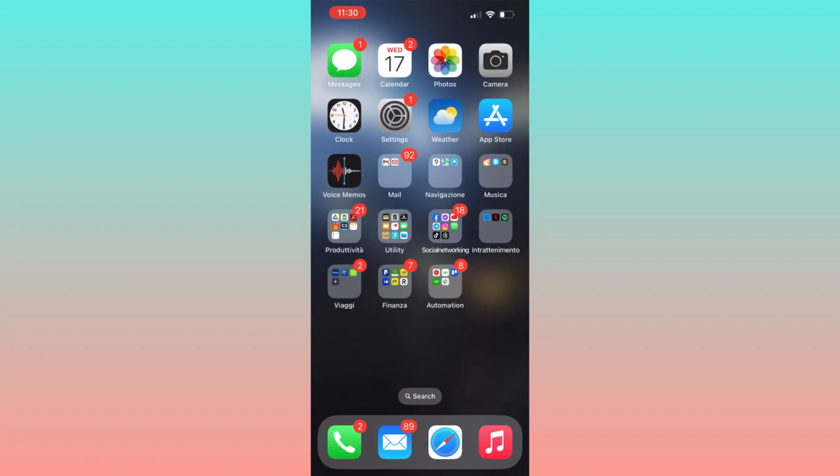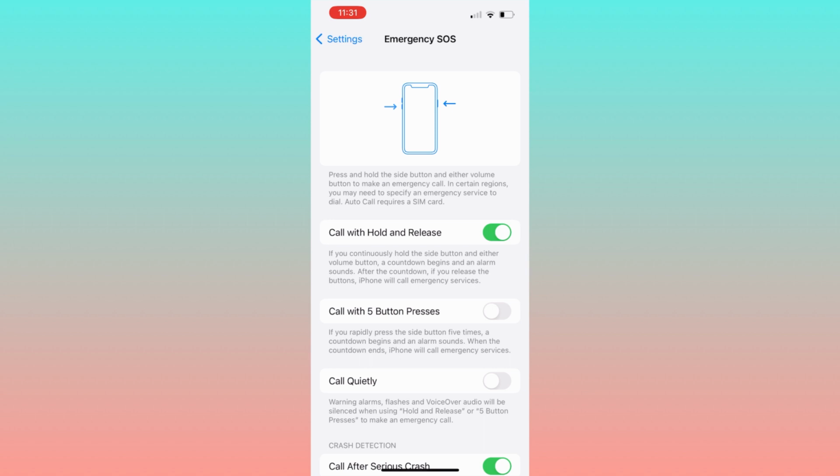Hello everyone, and in this video I show you how to remove SOS only on iPhone. It's essential to know what to do if you find yourself in a situation where you need to turn off